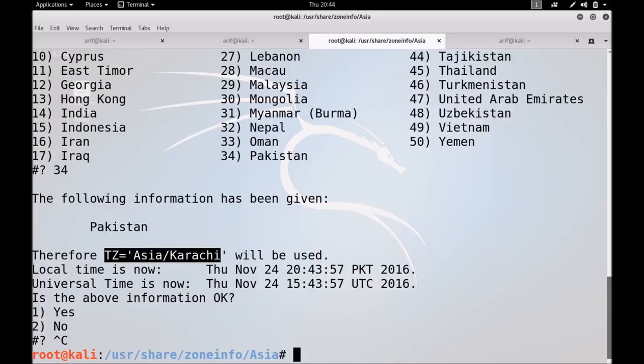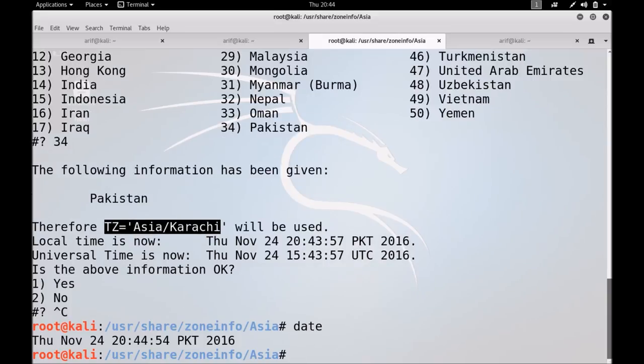Right, now once you know about the time zones, remember there are different programs in our systems that make use of these time zones. And the most common program is the date program. The date program shows you the time as per the time zone you are in. So it just reads the time zone files before it displays the output on the stdout.